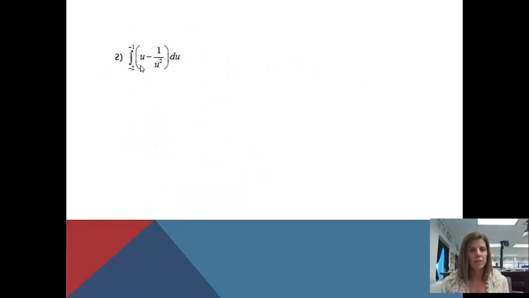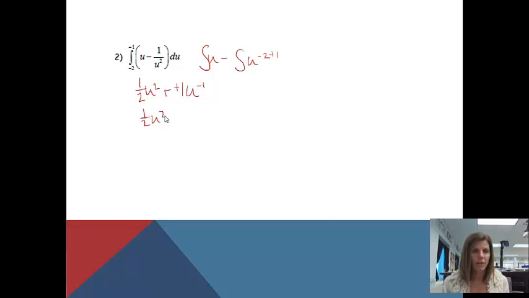All right, let's take a look at our next example. First thing that I'm going to do again is separate my problem. And instead of 1/u squared, I'm going to rewrite that as u to the -2. Now when I calculate that first antiderivative, it will be 1/2 u squared. And then minus this next one: if I increase the power by 1, I'll get u to the -1. Multiplying by the reciprocal on the outside, it's still -1. So simplifying that, I'm going to have 1/2 u squared plus 1/u, and we're going to evaluate it